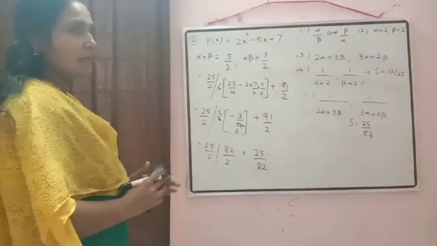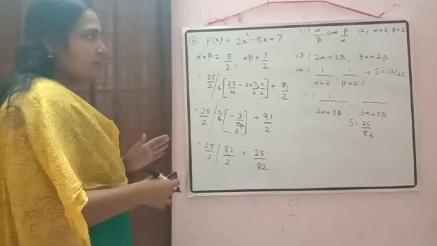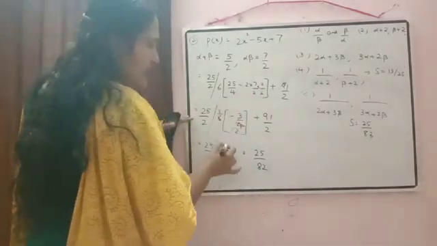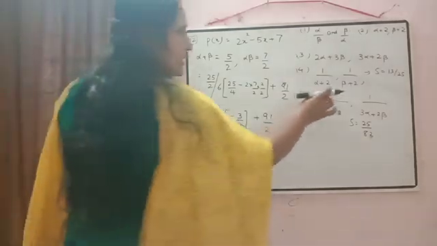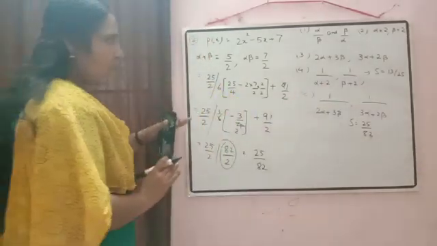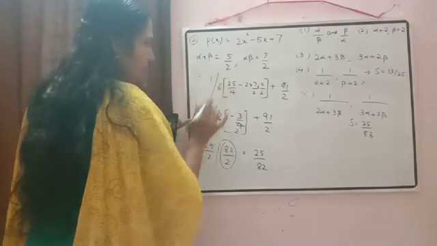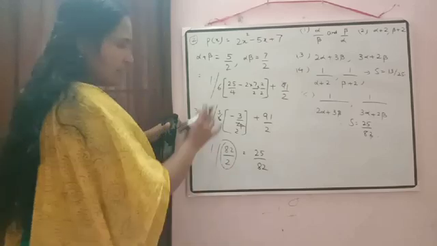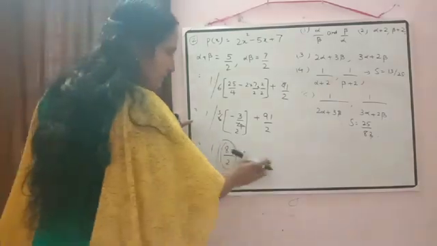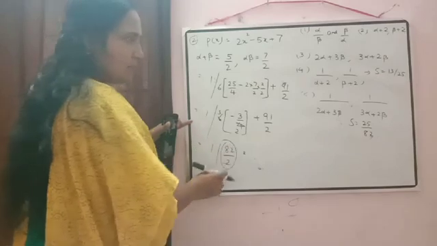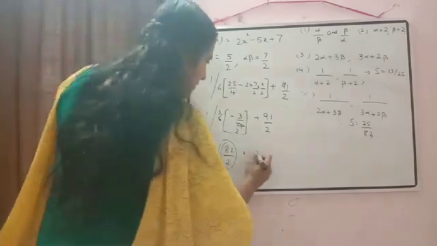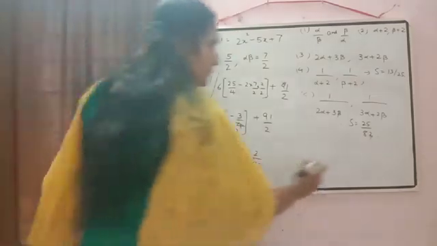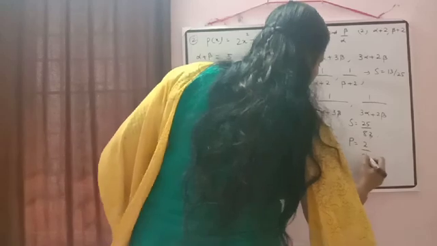Now we can check what will be the product. Correct. So in the product what change will come? Yes, we will get only the denominator, because in the product our numerator will be equal to 1 only. So this 25 by 2 will not come. In place of that we will get here 1. So till here everything will be the same. Now at the last step it is 1 by 82 by 2, which will be equal to 2 by 82. That change only will come here. So we got the product is equal to 2 by 82.